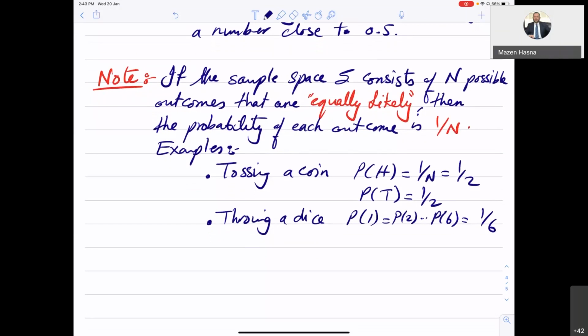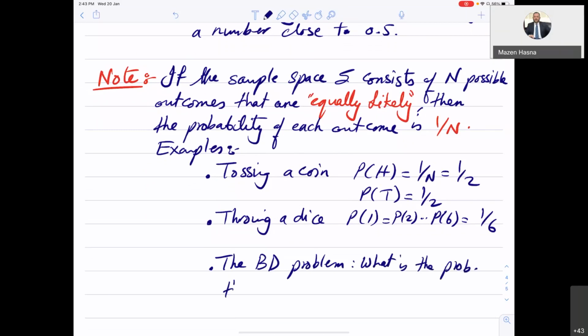And the birthday, if we take the birthday problem that we just solved, if I ask what is the probability that all students in our class are born